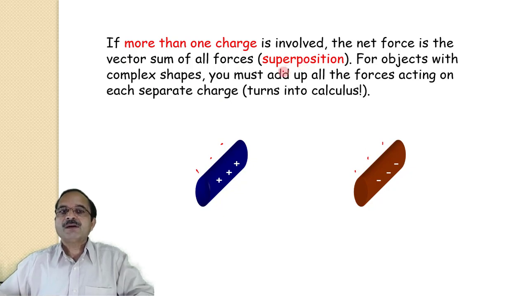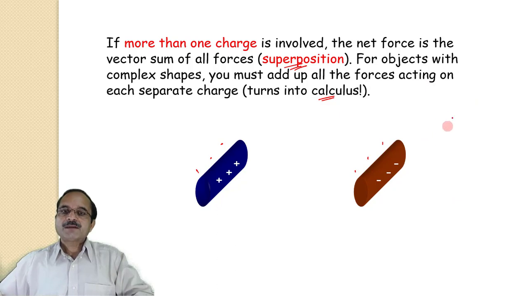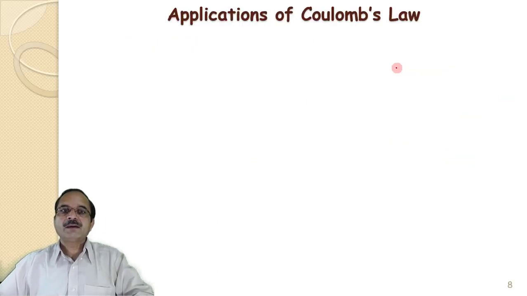So, in other words, it is given in terms of the superposition principle. The superposition principle is applicable here, so we add all the forces acting on each separate charge. So this means if there are n number of such charges here, and I want to find out the force at this point, then add all these forces because of all these charges. So that is the superposition principle. This we'll see in detail later on.